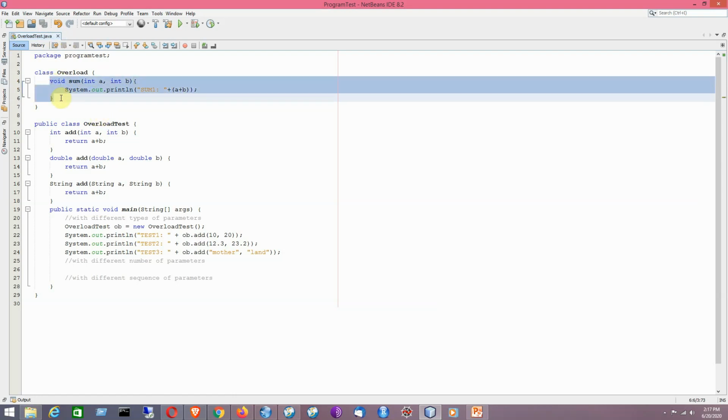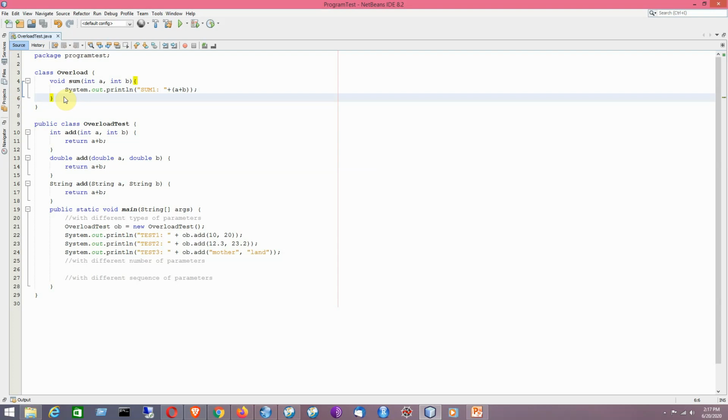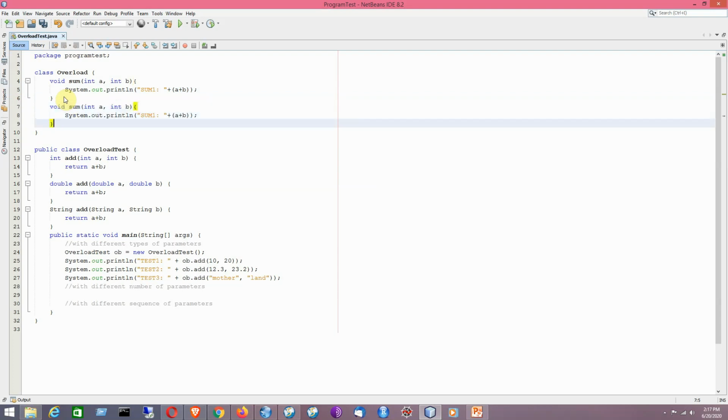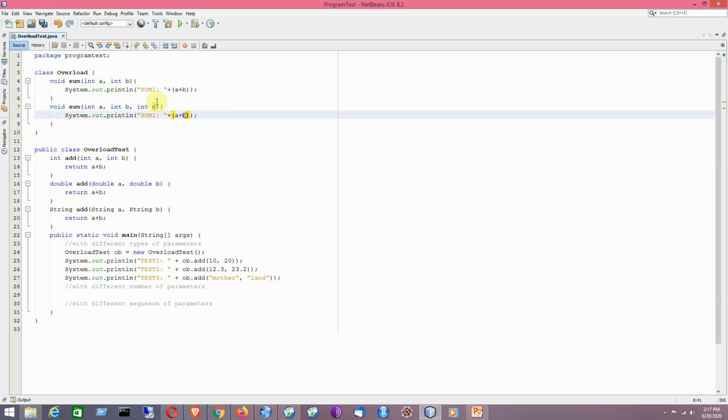Now I will have another overloaded version of the method named sum within the same class, but here I will be passing three parameters. So I will be writing here a plus b plus c, so it is sum 2. So that is the idea.